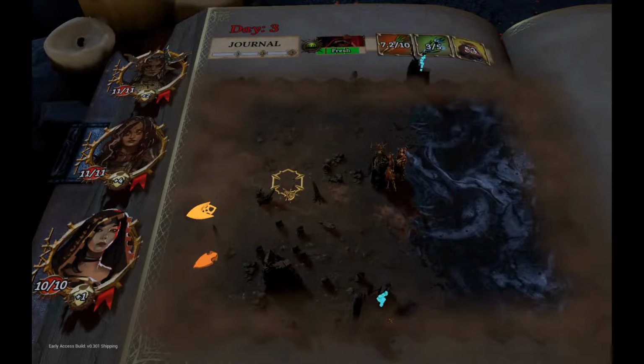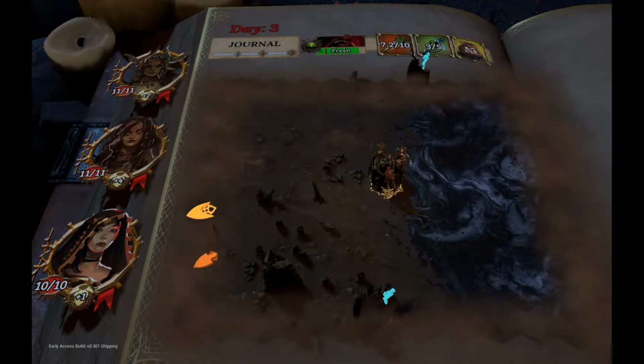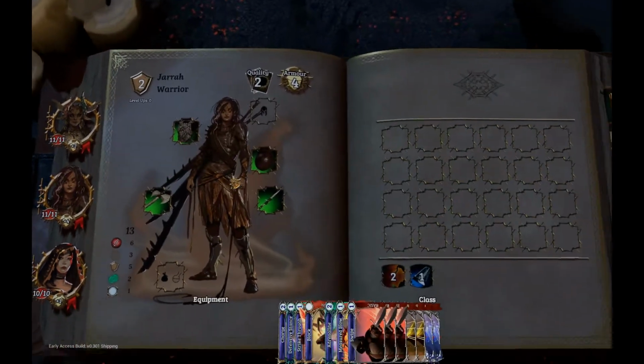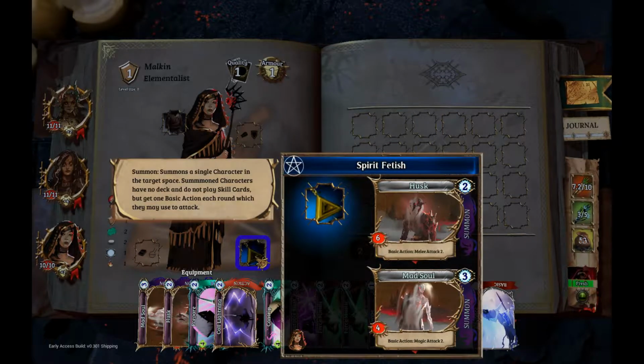So in the previous episode we did a little bit of exploring, we needed some extra food and we found first few items, got first few level ups. Actually, during the previous episode I forgot to equip some items, so I equipped the shield that we found and also that medallion or whatever it's called, spirit fetish, so we now have the ability to summon husks and med